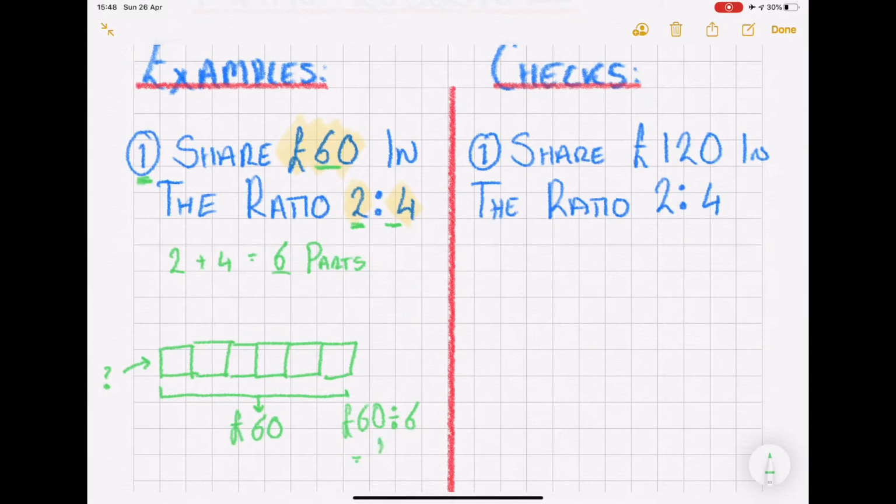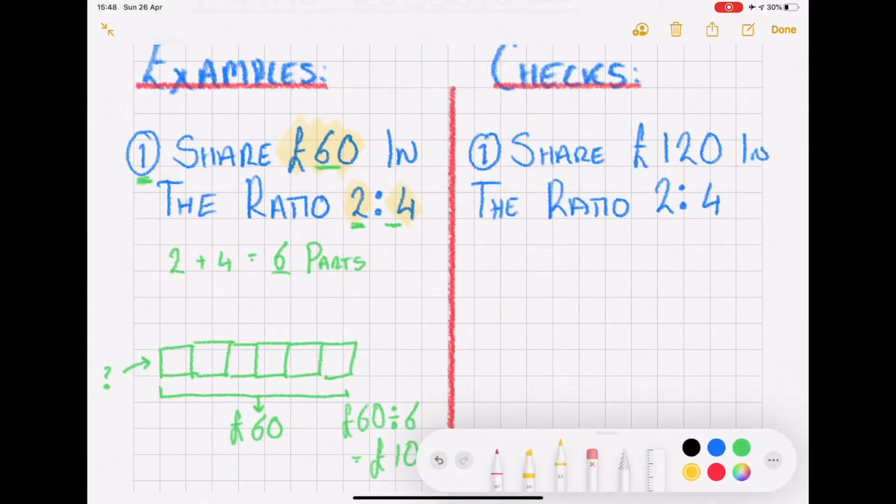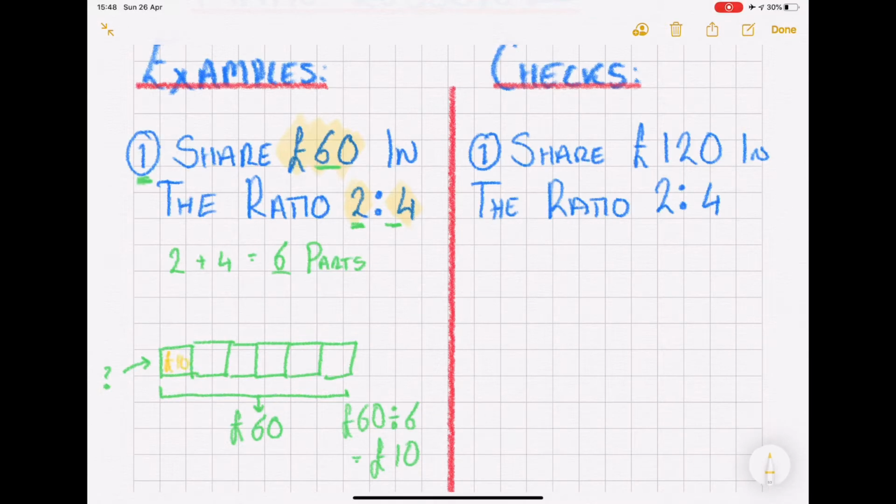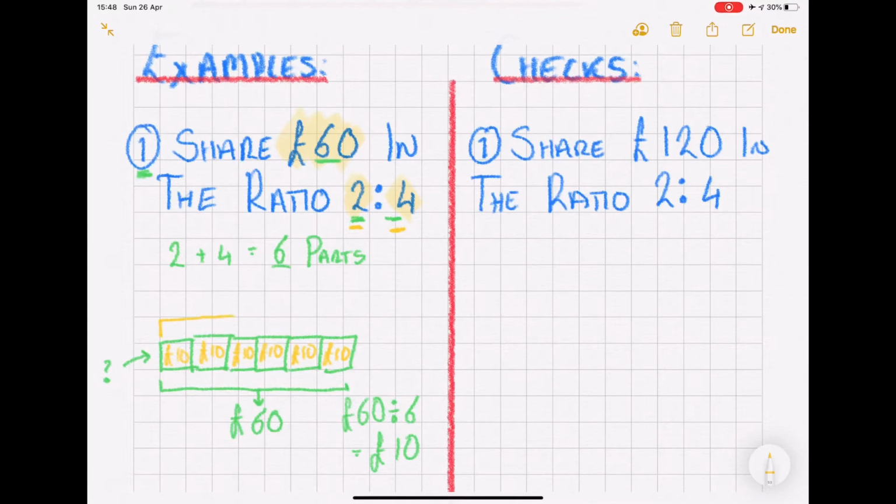And that gives me £10. So I know in each box is £10. Each box is worth £10. And now I'm sharing it in the ratio 2 to 4. So that's 2 boxes to 4 boxes. So that's the ratio 2 boxes